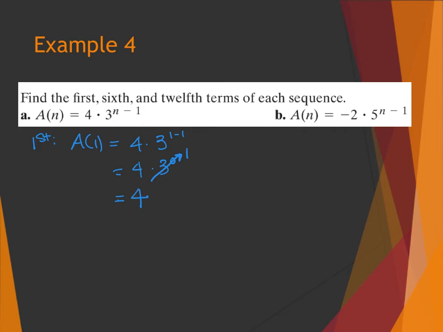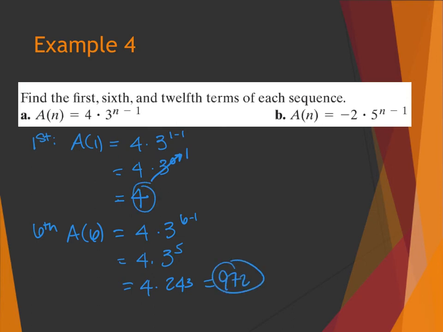If I want to find my 6th term, I really have A of 6, and that's going to give me 4 times 3 to the 6 minus 1, which gives me 4 times 3 to the 5th. Well, I really have 4 times 3 to the 5th is 243. So if I multiply that by 4, I get